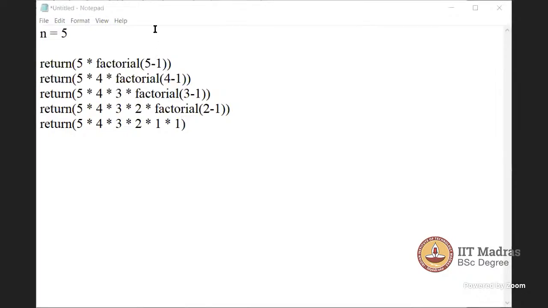Sir, a small follow-up doubt. I clearly understood this, but only one thing: can I replace the while loop with this recursion procedure, or is there a specific occasion where I need to use recursion and not the while loop? As I was explaining earlier, you can replace that while loop with a recursive procedure if you have a strong base condition.